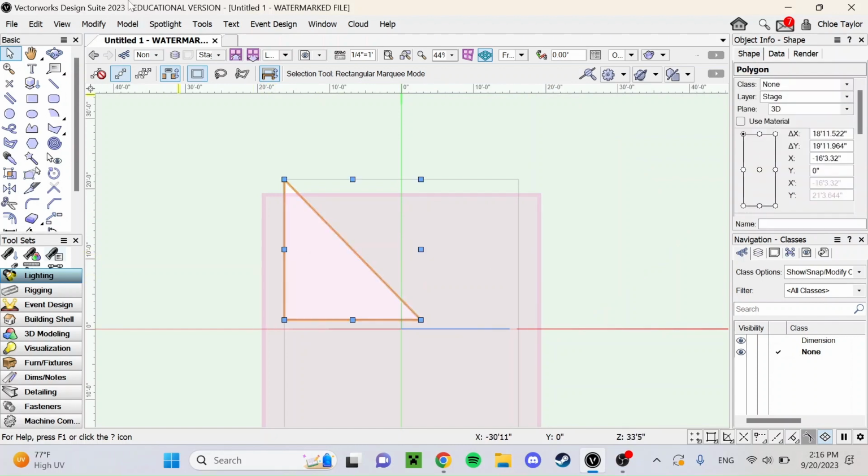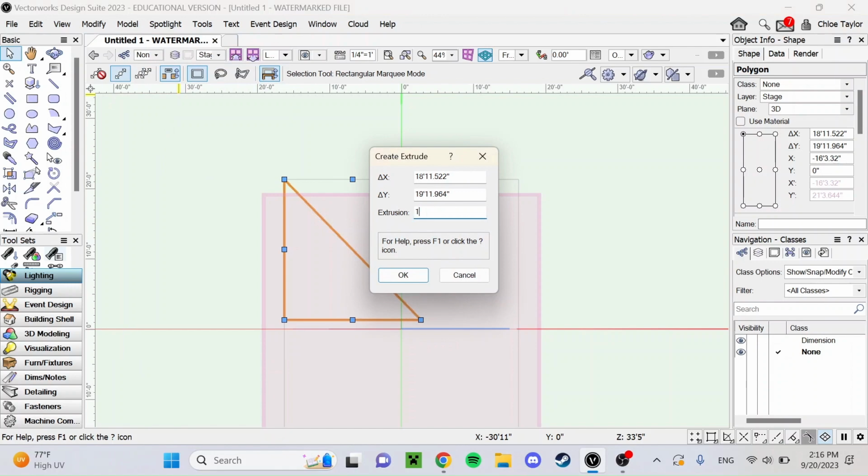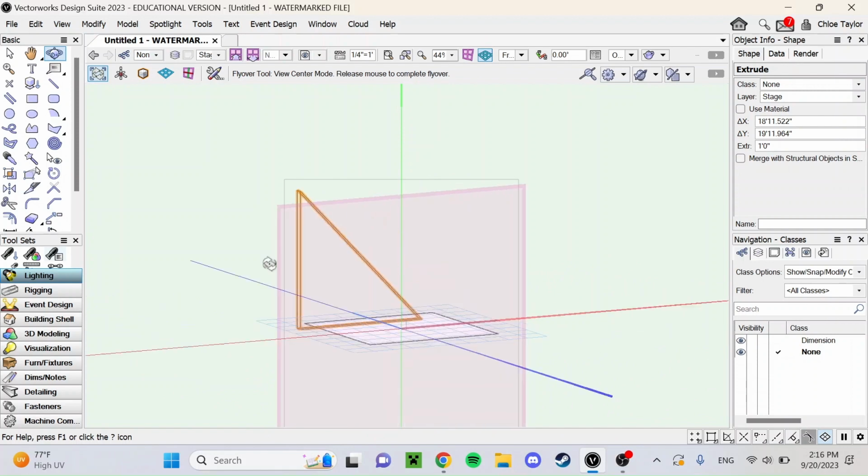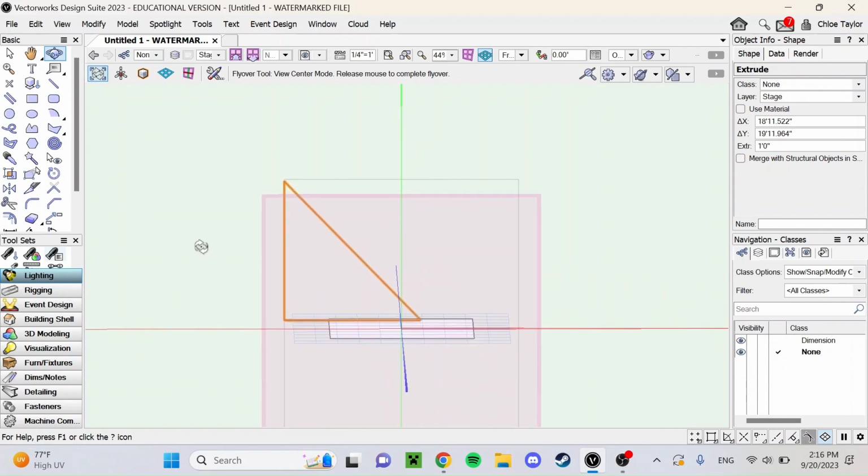Now to make that a slanted wall, all you need to do is go to model, extrude, and let's say I want this wall to be a foot wide. Now we have a slanted wall. Look at that. All right. And to make a